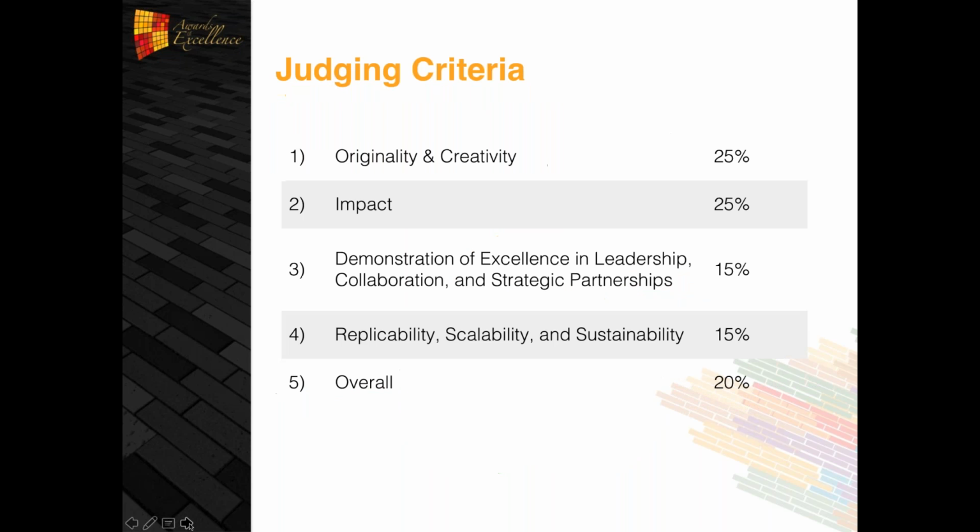And my slides will next talk about the judging criteria. So the judging criteria is pretty much self-explanatory and outlined in our guide. We're looking for elements in projects that are original and creative. We want this idea generation to really spark new ideas in other regions, which is why you see the number for replicability, scalability, and sustainability. We want these projects to be really the best of the best. These are leading edge initiatives that demonstrate significant impact,